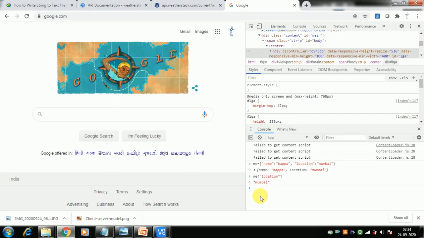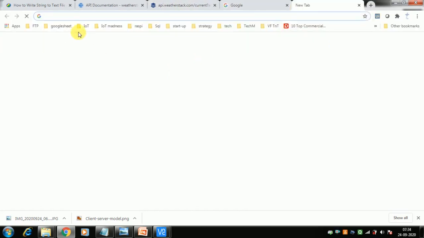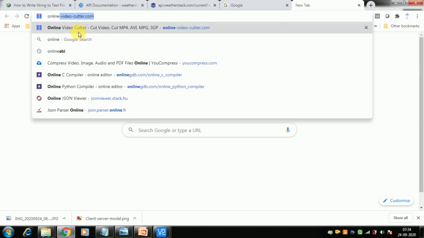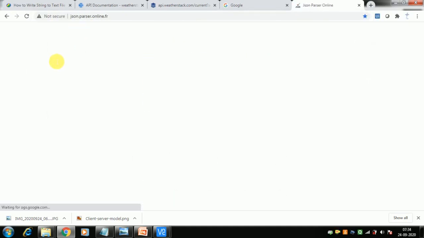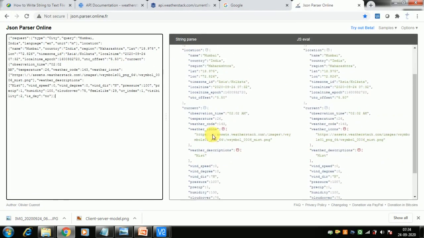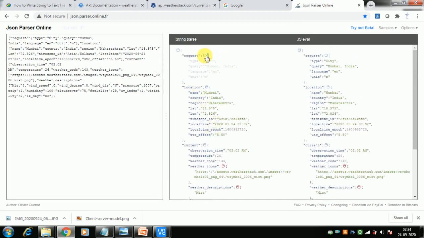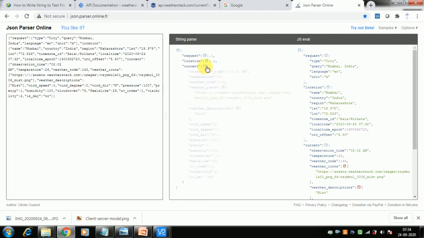JSON also allows nesting, which is what we can see here. If you copy the whole thing and go to a JSON parser, you can find many online JSON parsers. Let me use this. If you copy paste this whole thing, you actually find JSON. After parsing, it looks like this. Normally they are nested. There are three things, one is request, and one is current.